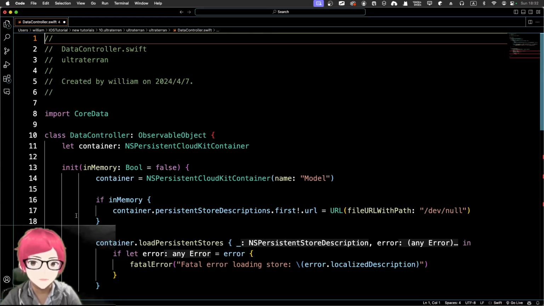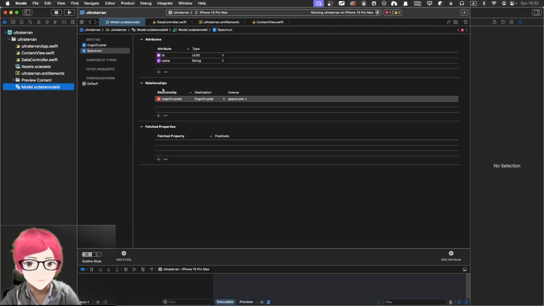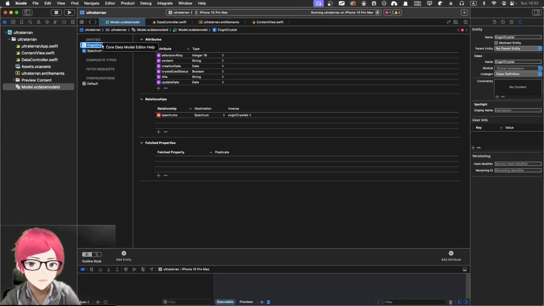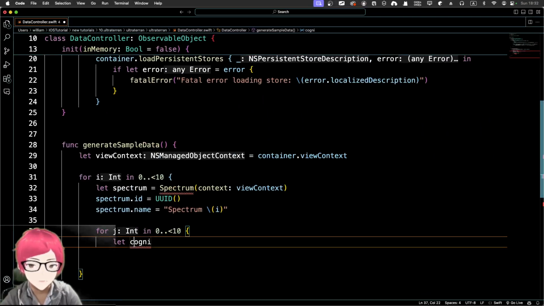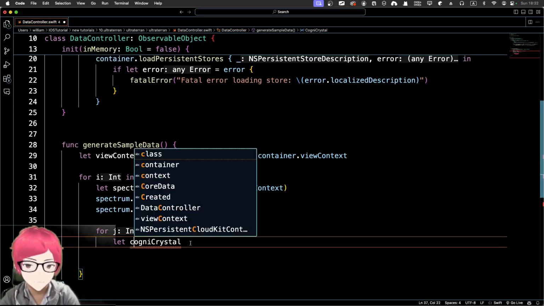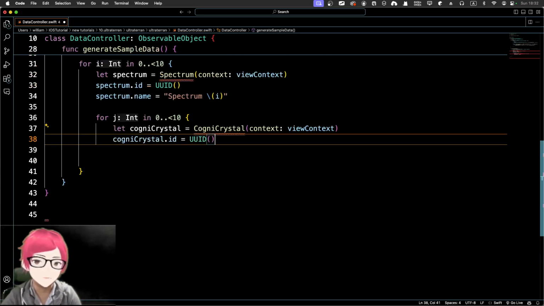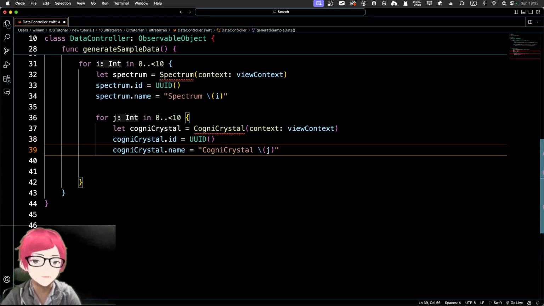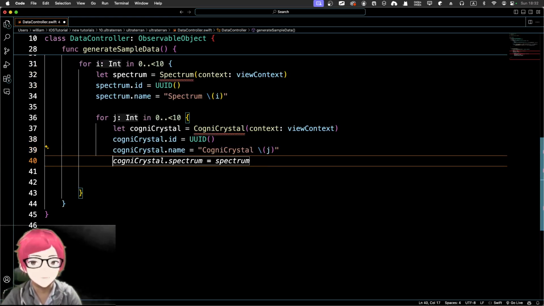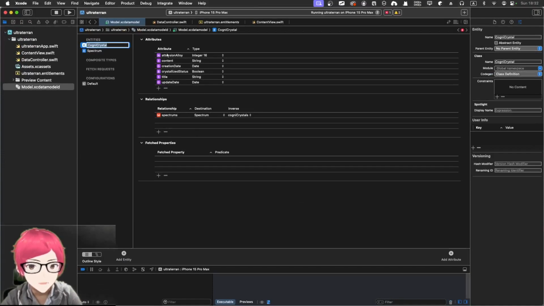So I think I might need to go here and just copy this. Maybe it's a better, quicker way of doing this. Okay, so the cognitive crystal, right? Cognitive crystal equals to, right? Cognitive crystal context. Yeah, good. And then let's just fill in the UID, the name. Yeah, we got a specific crystal, and we got not a spectrum, in fact. So I'm going to just accept this, and I think we got the